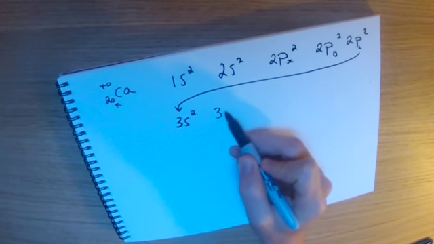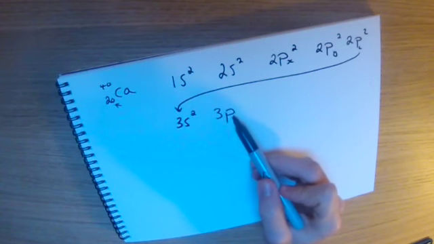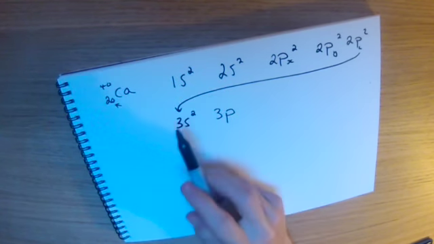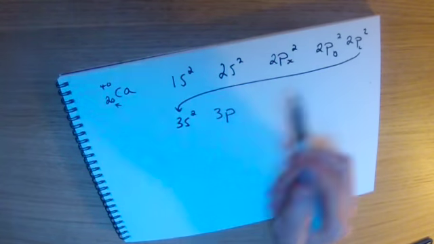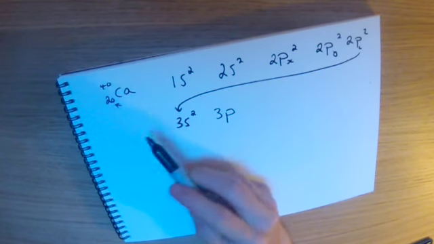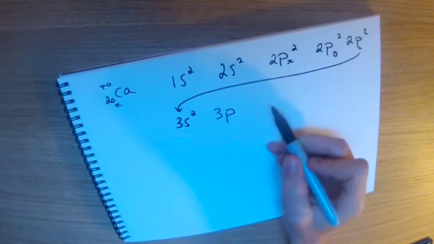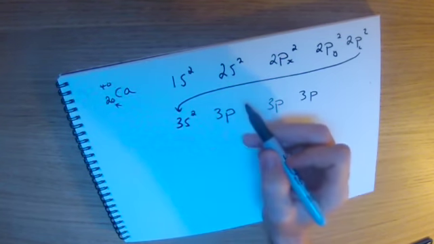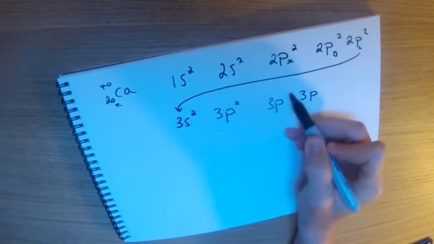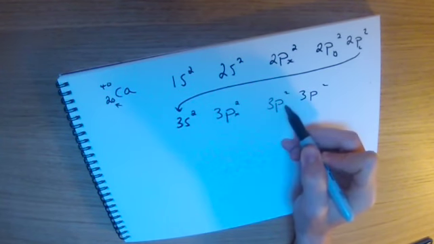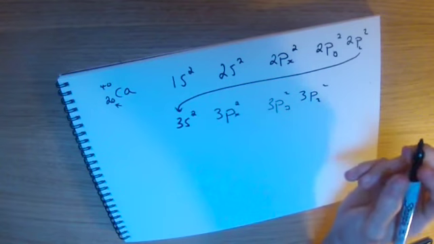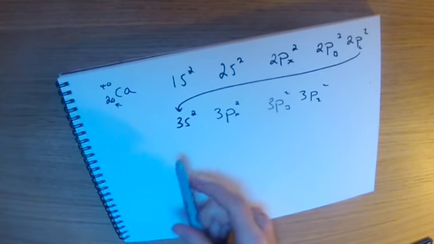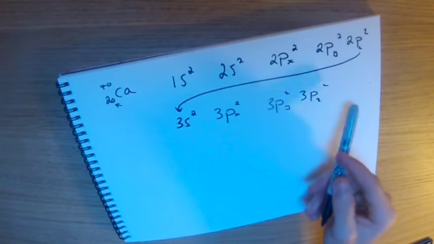We go 3p again, so how many electrons do we have so far? 2, 4, 6, 8, 10, 12. How many electrons do we need? Well, we need 8, so we can again fill up all the p orbitals. So that's 2, 2, 2, x, y, z. Now, usually you'd have a 3d orbital,